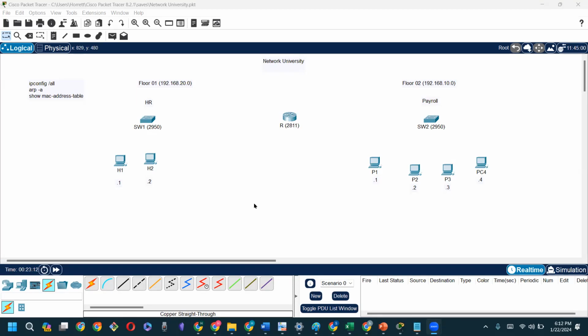So here we have an organization, we call it Network University, and it's a physical building. There are 2 floors, and on floor 1 is the HR department, and on floor 2, we have the payroll department. What we want to do is connect up the network so that we're able to communicate within each department. That's one, but also we want somebody in HR to be able to communicate with somebody in payroll and vice versa. And as we connect up the network, we'll be talking about some of the elements on the OSI model,